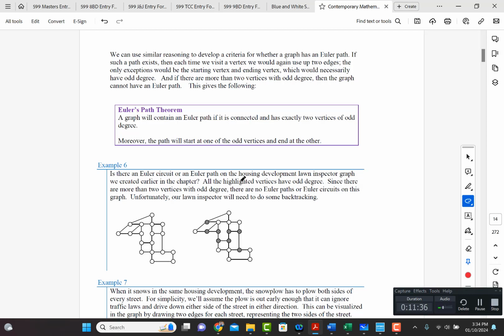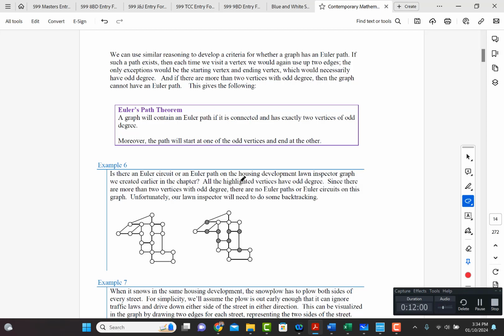Because you're going in, but you're not coming out. That's where you're stopping, so you only need an edge going to them. So you'd have an odd degree. And if there are more than two vertices with odd degree, then the graph cannot have an Euler path. So you have to have exactly two